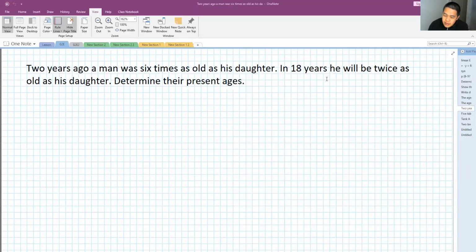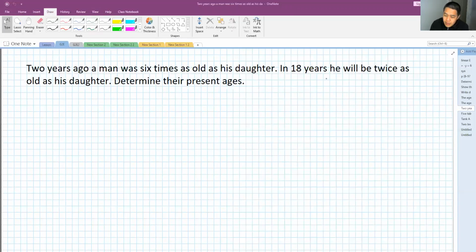So this question is similar to the previous question that we discussed last time, but here we have a slightly different situation, where we need to go back 2 years and then go forward 18 years. When we want to practice how to use unknown variables like x and y, we can use it. So for example, now let's write the